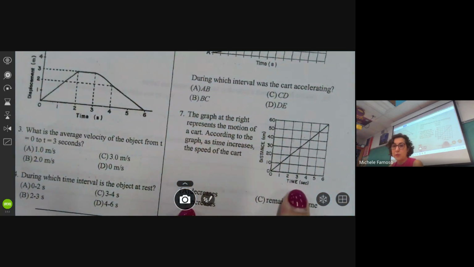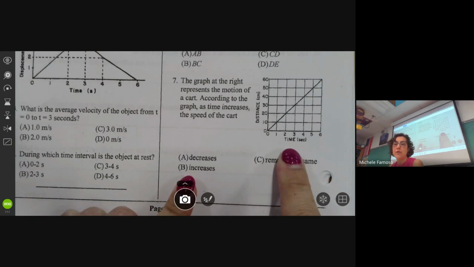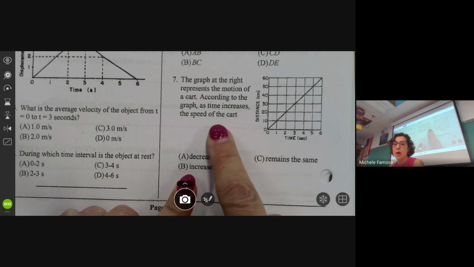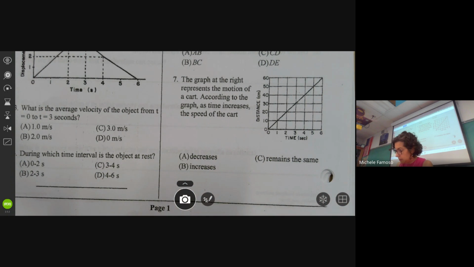says the graph at the right represents the motion of a cart. According to the graph, as time goes up, what happens to the speed? Okay, the speed